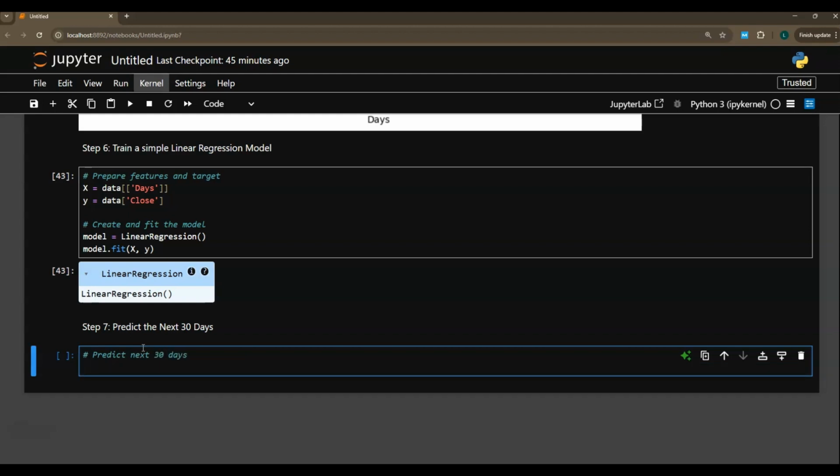So I know what this code is. It's going to be future_days equals pd.DataFrame, open parentheses, curly bracket. So we open those two up, single quotation, days, single quotation,